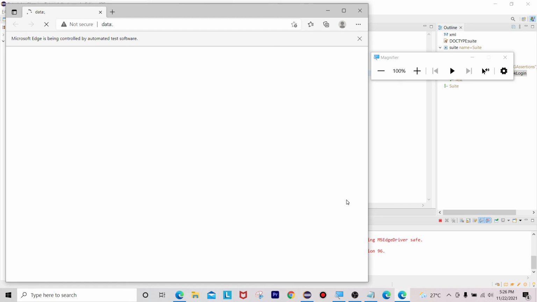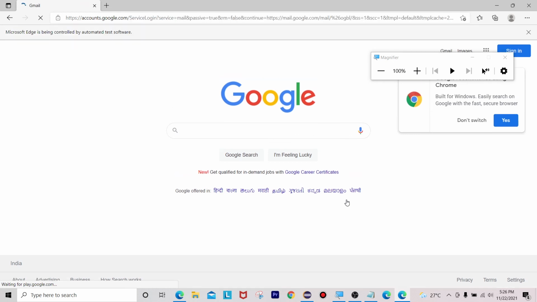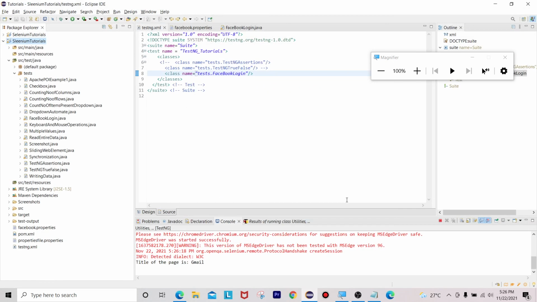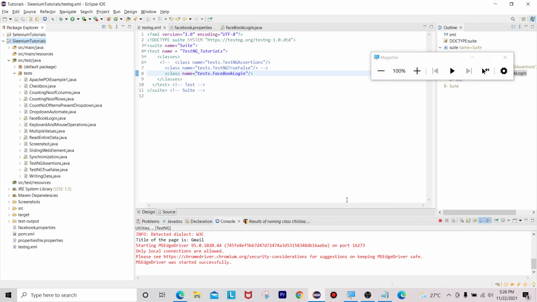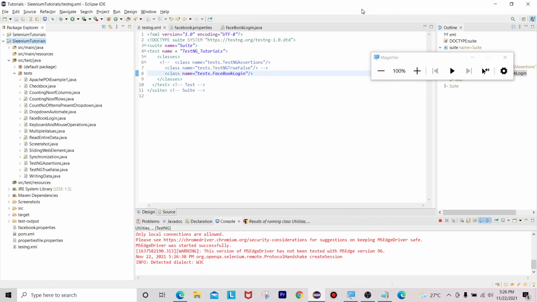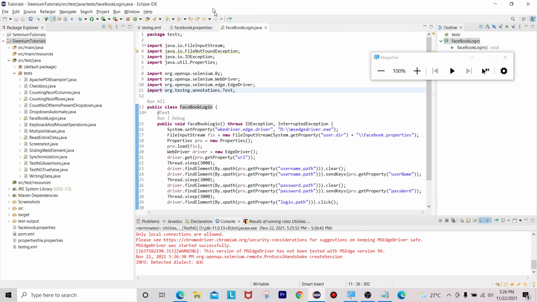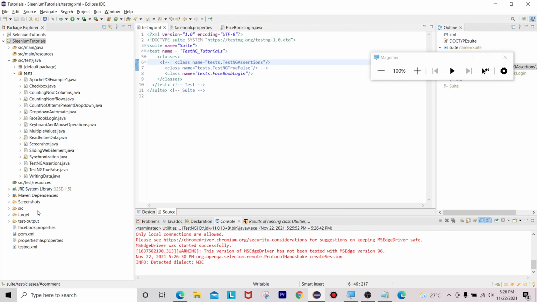Okay, now you can see here, it is launching all the classes. One second guys, something happened here. Facebook login only, right? Facebook login is the class name in the testng.xml file.